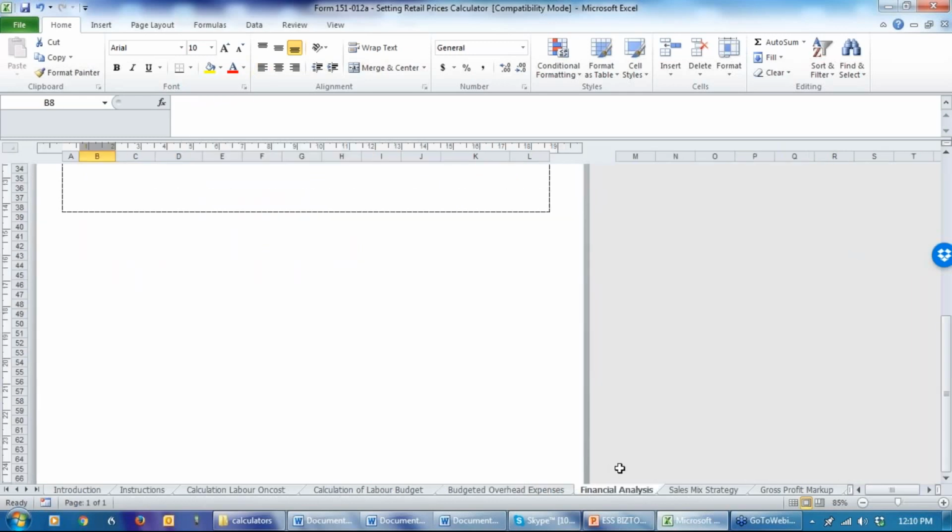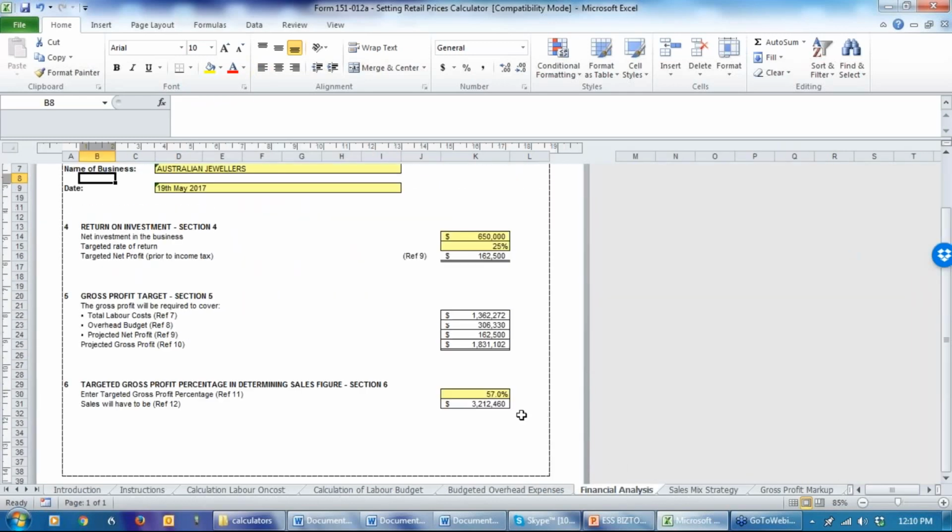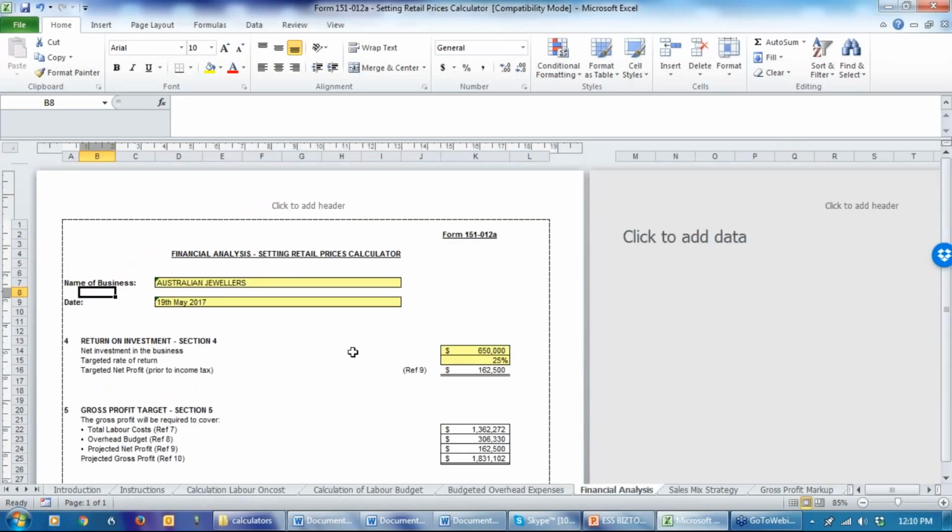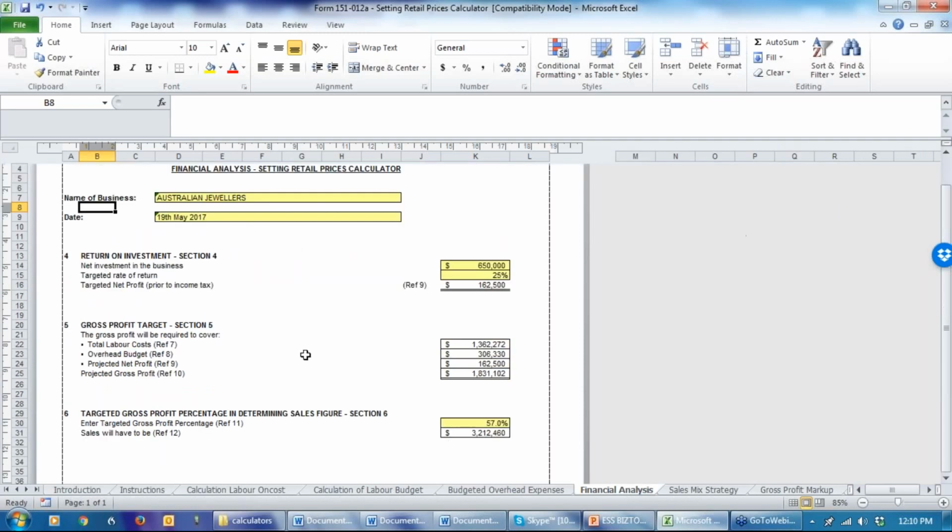We then move into the financial analysis. The financial analysis has three separate segments. The first one is what's the return on investment. You insert what you believe the value of the investment in this business is. We're showing here $650,000. We've inserted a targeted rate of return of 25%. Therefore, the targeted net profit prior to income tax is